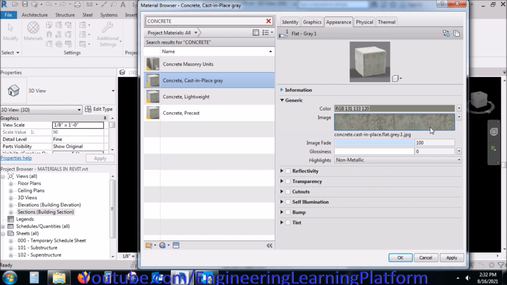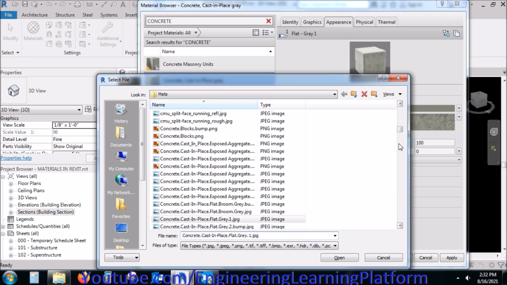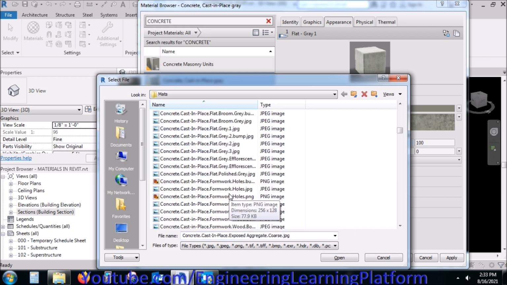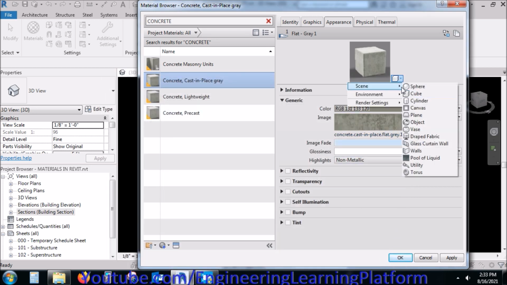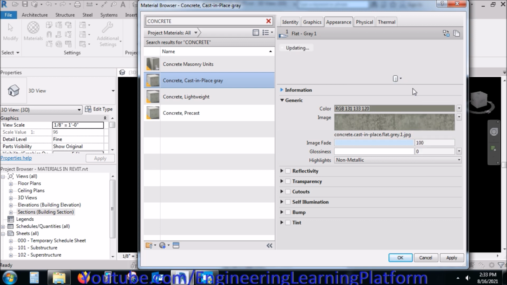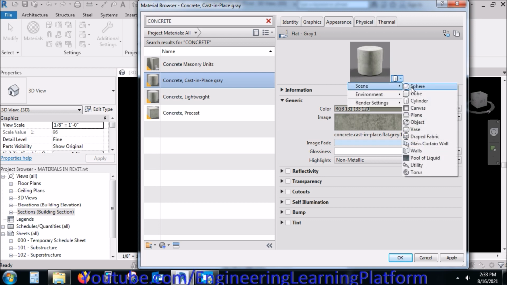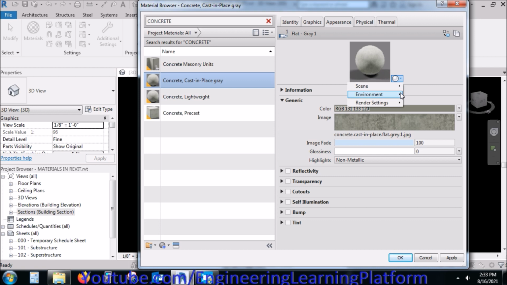By clicking on the image, you can change the image easily. Here is the list of images from the Revit stock library. You can also apply your own custom image if you want to. You can change the scene to cylinder or other shapes to see your desired output. And you can also set the rendering properties or quality from here.